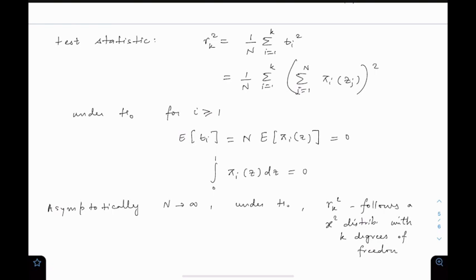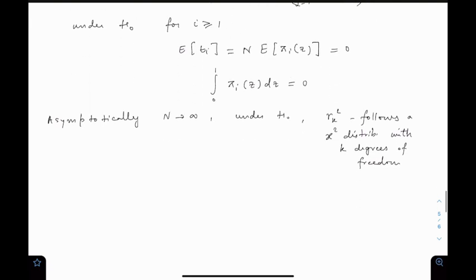And this is a consequence of the orthonormality of the polynomials and the central limit theorem. And we have a variance of t_i